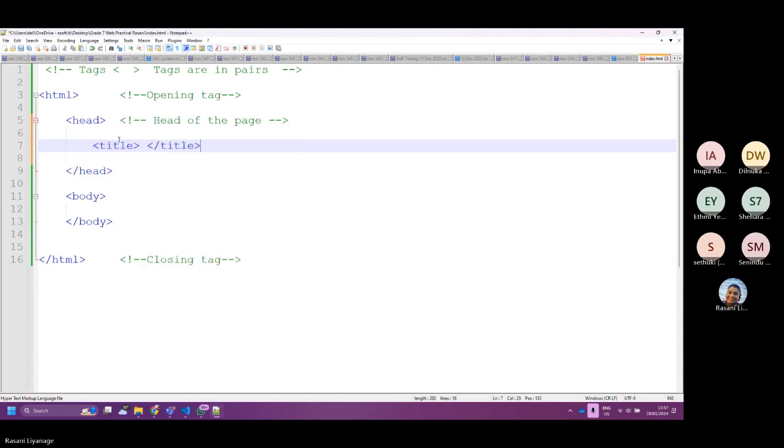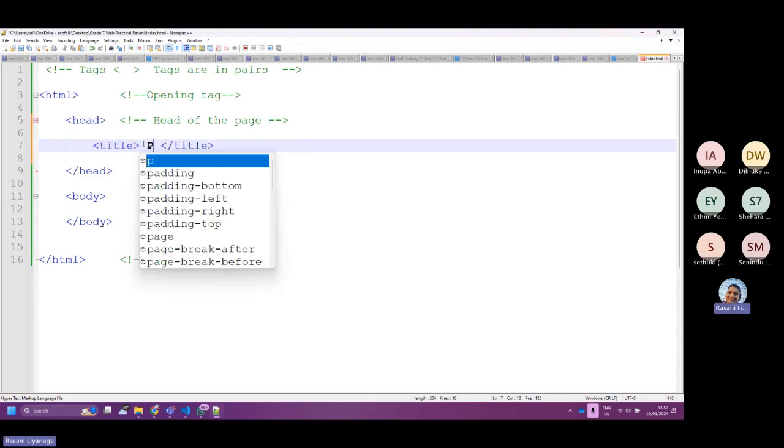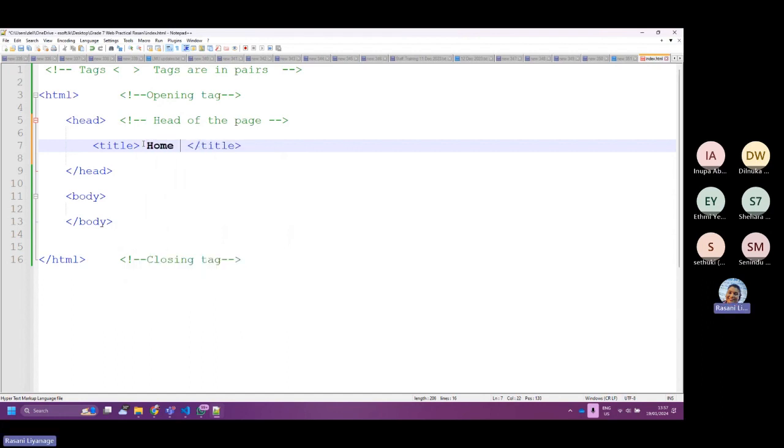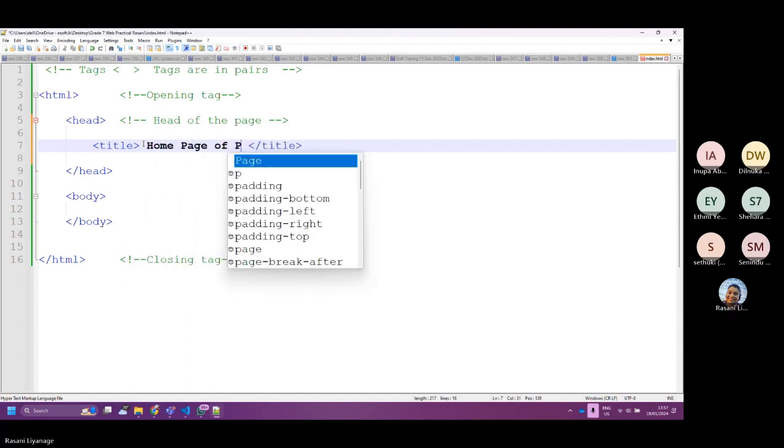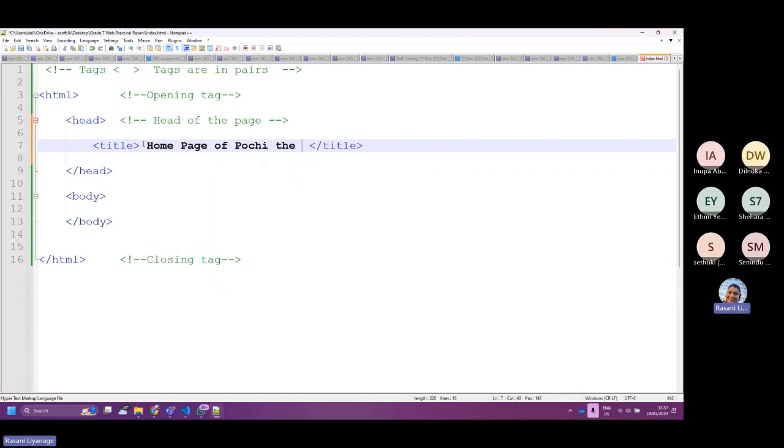Slash title. And type the name Home page of Pochi the cat. Now save, run and see.